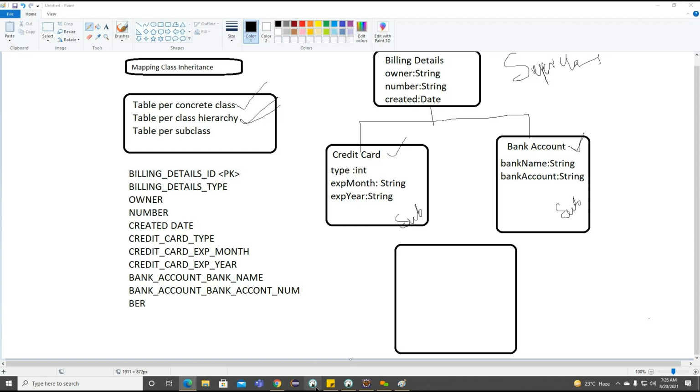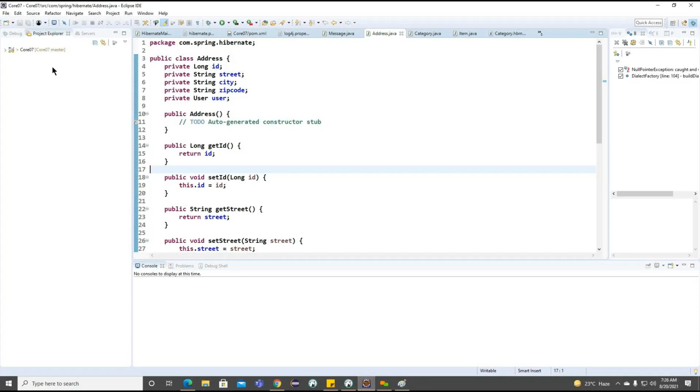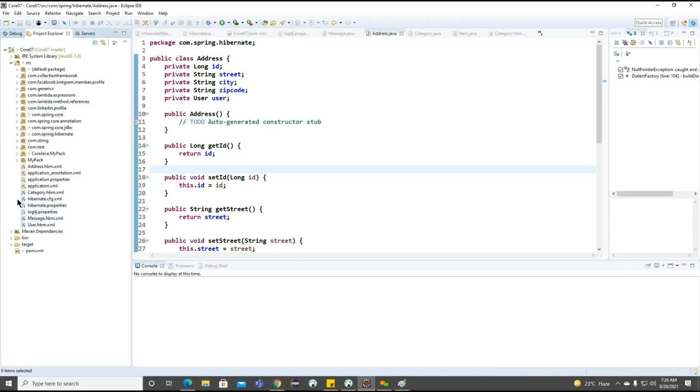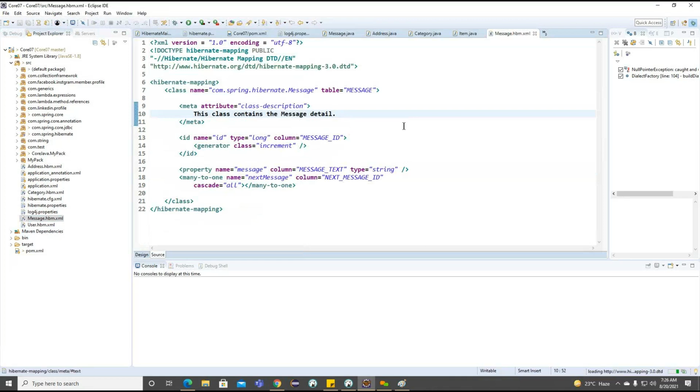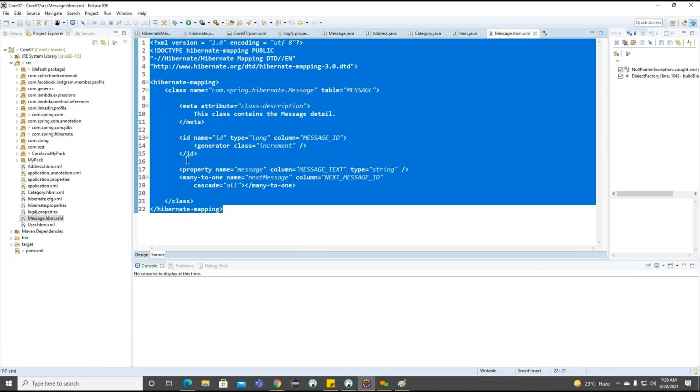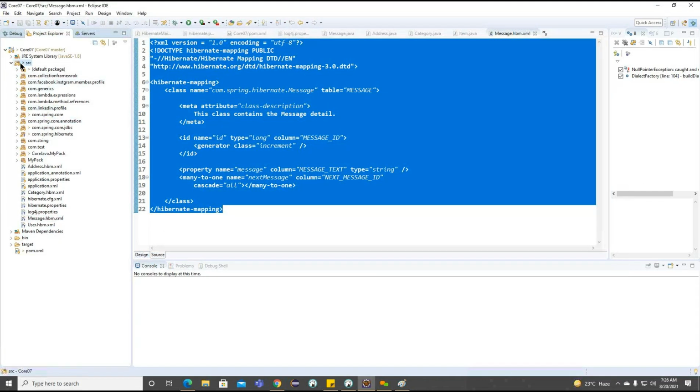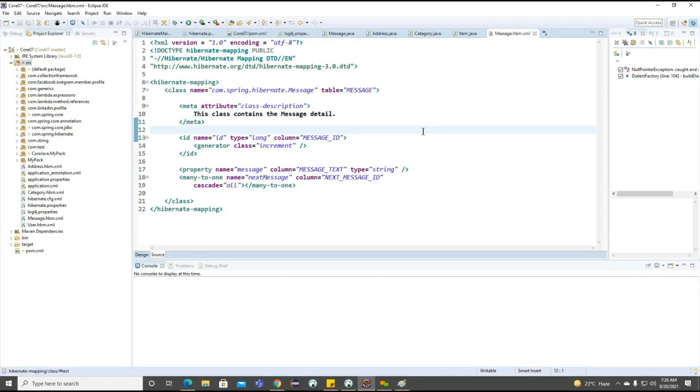Getting the point. So how are we going to work on this particular discriminator here? To work on this discriminator, we'll now try to understand the mapping document. So for example, if you think about this, let me copy here. Otherwise, what we can do is create some classes here.